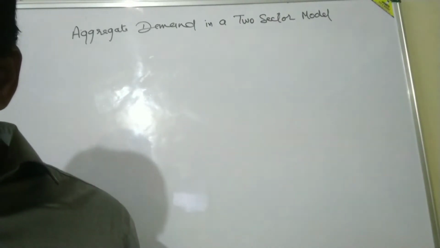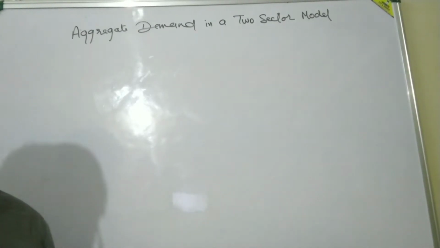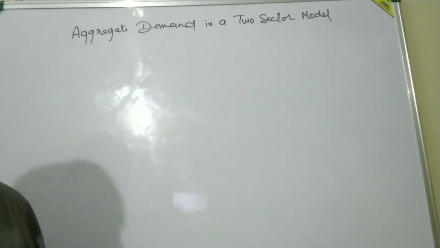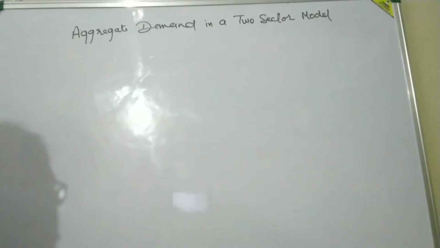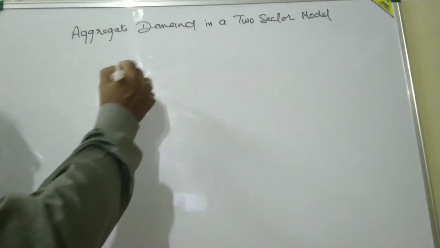Today let us see about aggregate demand in a two-sector model. In two-sector model we have seen there are only firms and households. So when we have discussed about aggregate demand, the different components of aggregate demand are, we have seen AD is